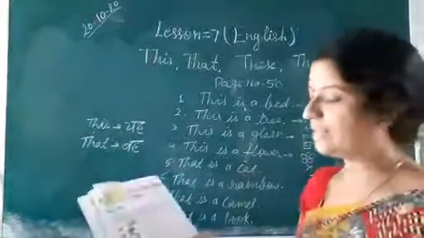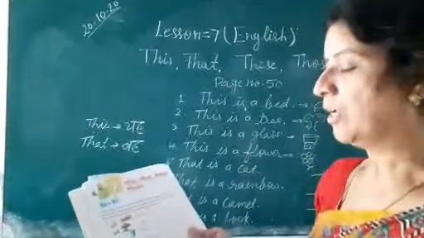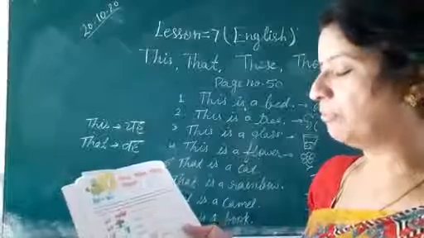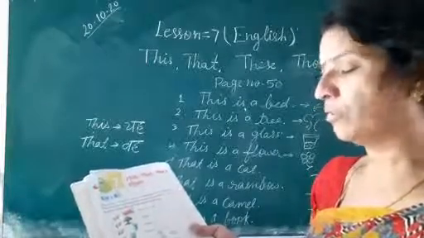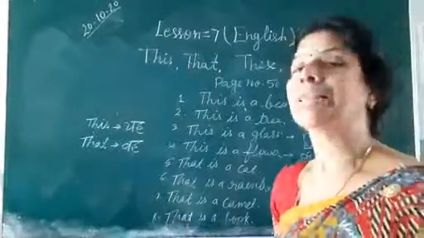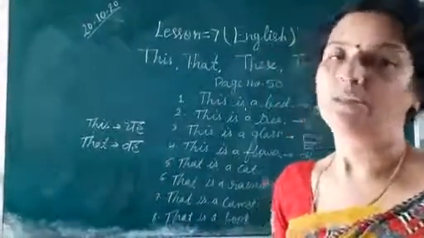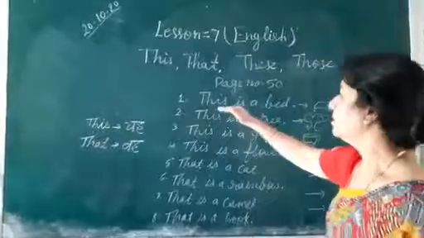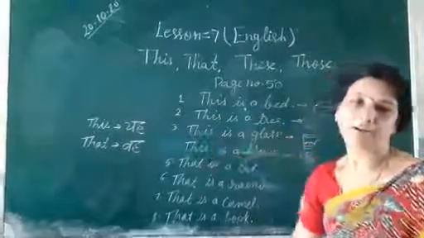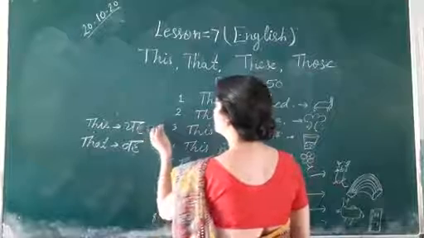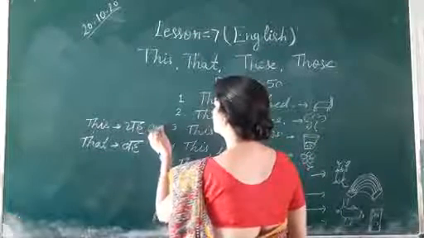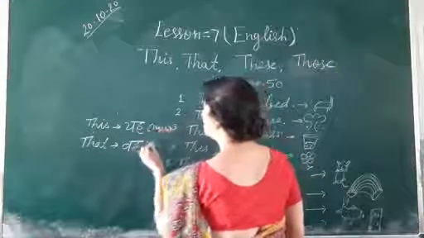ये पूरी दोनों लाइन से लेट्स लर्न, इसको लर्न करना है. दैट इज यूज फॉर पर्सन, प्लेस और थिंग दैट इज फार फ्रॉम अस. दिस इज यूज फॉर पर्सन, प्लेस और थिंग दैट इज नियर टू अस. तो आज आप दो ही चीजें याद रखेंगे. दिस, नियर, दैट. ओके, आपको पता है ये नियर, दिस इज फार.